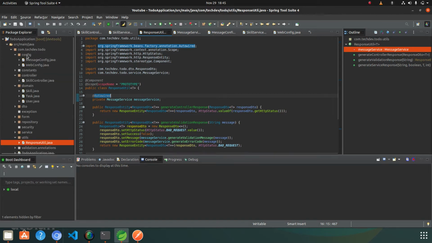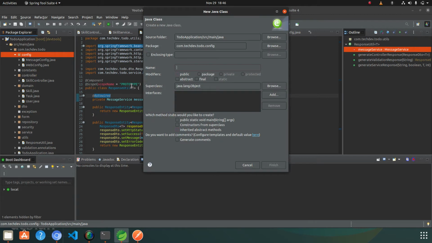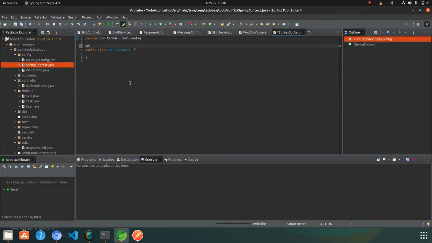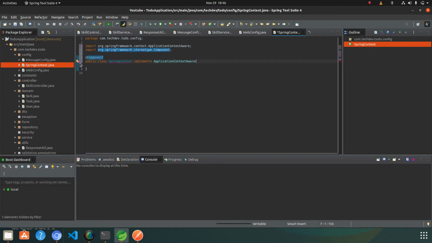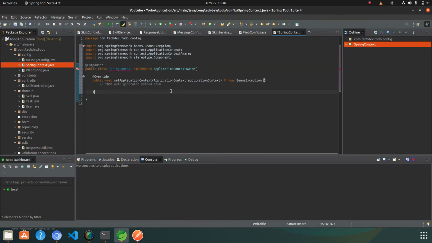So let's create a configuration first. So create a config, and in this create a class named SpringContext, and let's mark it as a component as it is a Spring component, and implement the ApplicationContextAware, and just override the method of it, add unimplemented method.